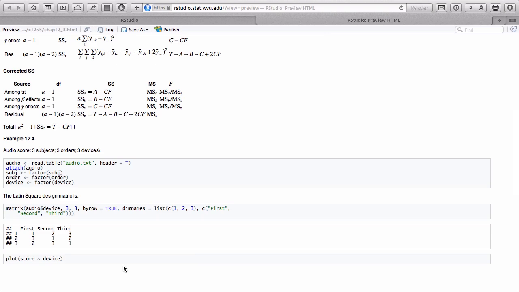Now the factorial design extends the one-way analysis of variance such that you have, initially in this next section, 2 factors. We'll call them A and B. And the difference between a factorial design is that every level of A appears at every level of B, at least once. Now that's not quite true,